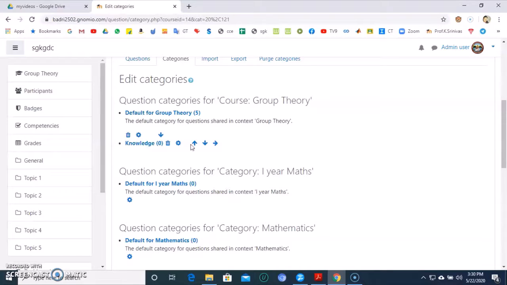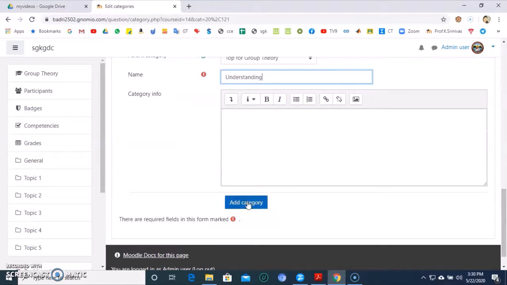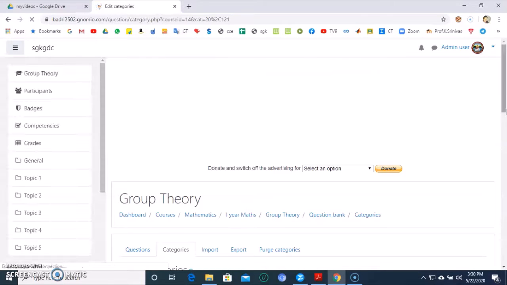Let me add another category with the parent category as top for group theory, named, say, understanding level of questions. You can add one more, application part also. Generally we will have knowledge based, understanding based, and application based.